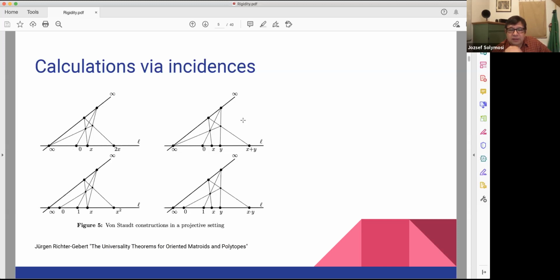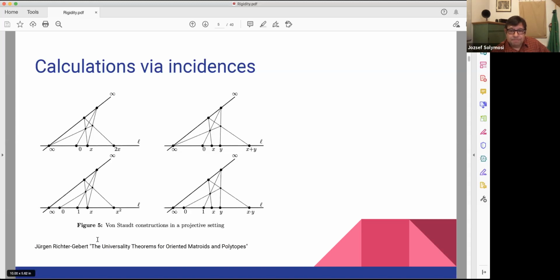See the second picture here. There are X and Y. And if you take those incidences, so you go up to actually any point, and you just construct this picture, whatever is given by those incidences, then you will get X plus Y. And then you can get X squared, and you can get the multiplication. If you want to read more, then there's a beautiful survey on this from a geometric viewpoint, oriented matroids, by Jürgen Richter-Gebert.